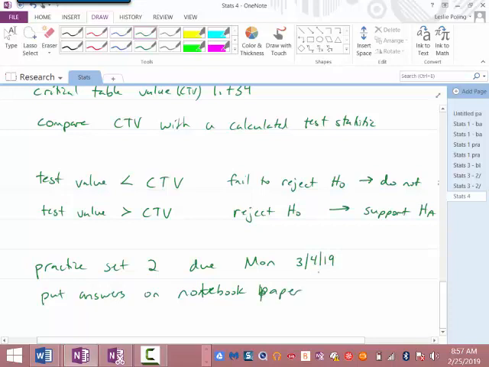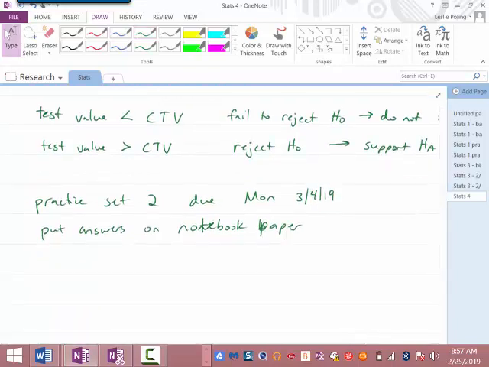Wow, I'm having trouble writing, but put your answers on notebook paper. There is absolutely no possible conceivable room on this. Okay? If you do not put it on notebook paper, I will give you a 0 and will not accept it. Okay? Again, I'm going to allow 1 paper per